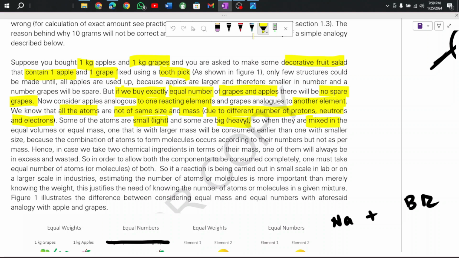So when they are mixed in equal volumes or masses, one with a larger mass will be consumed earlier than the one with the smaller size, because the combination of atoms to form molecules occurs according to their numbers, not as per their mass. I hope you've understood. আমরা এটা দেখেছি, ডেমনস্ট্রেটও করেছি।